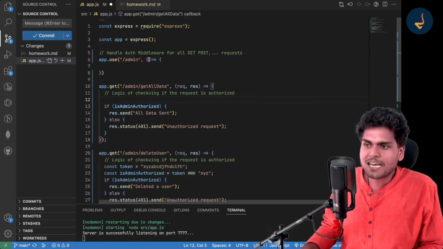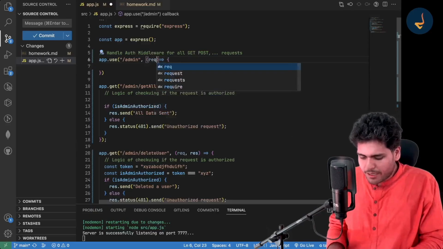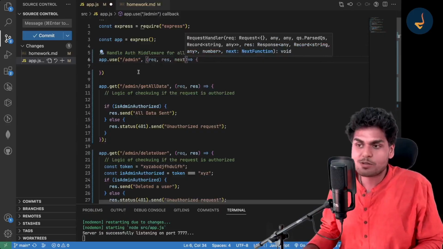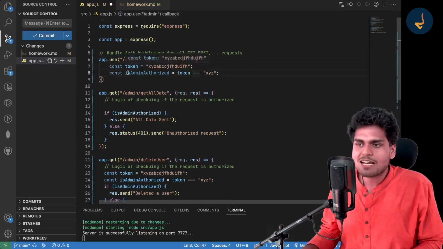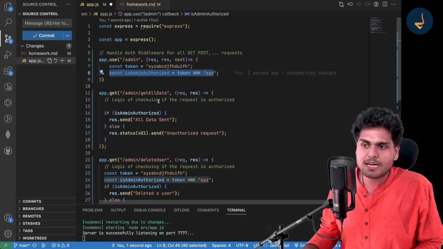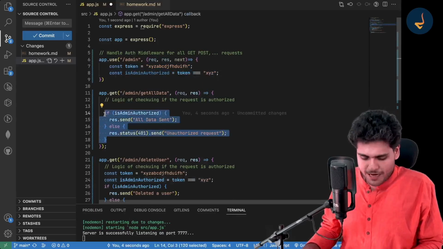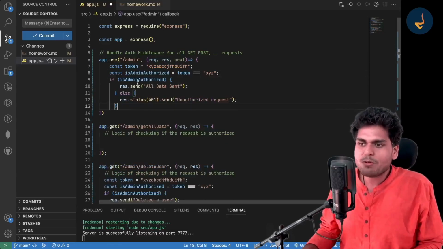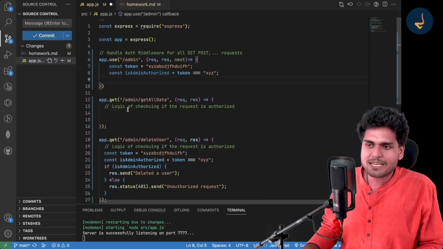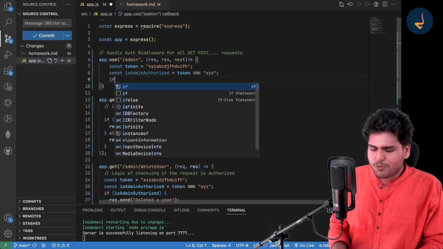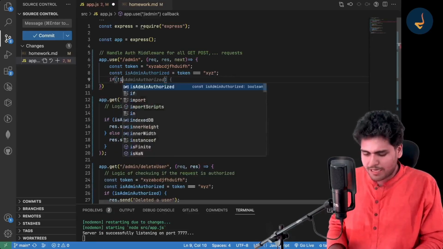Because see, over here I can also read the request, and I can also modify the response, and I also have access to next over here. So what I will do is, I will fetch the token and check if the admin is authorized. Let me write it myself, let me not copy paste. If my admin is not authorized,